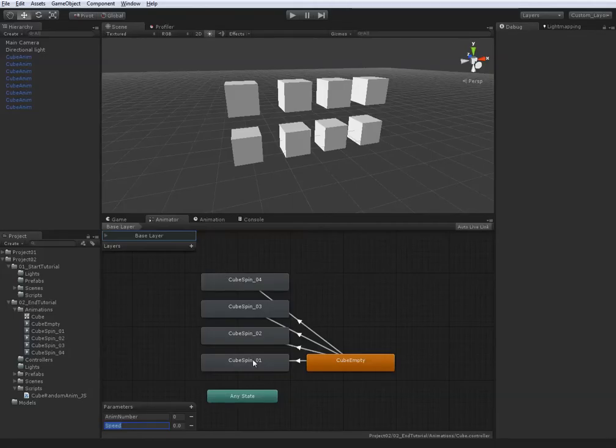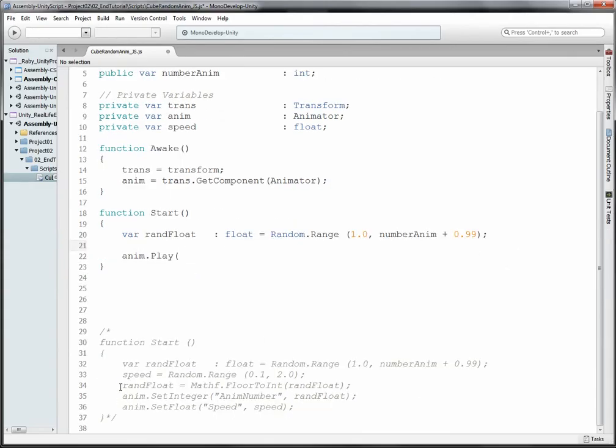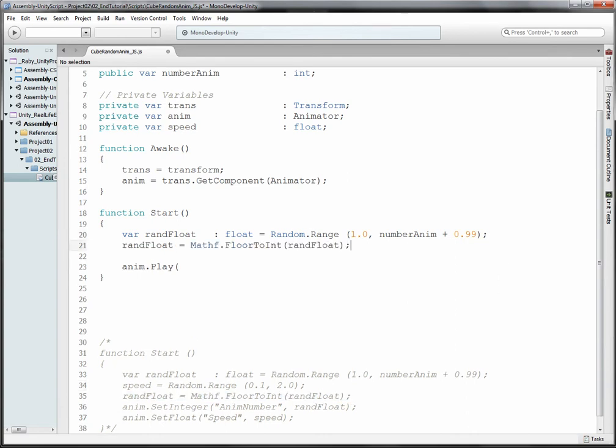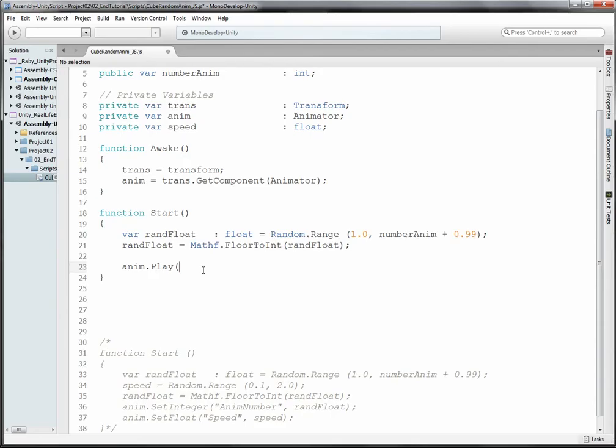Animator.Play, we're going to choose, we're going to copy the floor to int variable because we need it here. One moment. So yeah, we have to choose the name of the animation. So we're going to say cube spin 0 plus run float, which run float will be the number that we choose, comma,